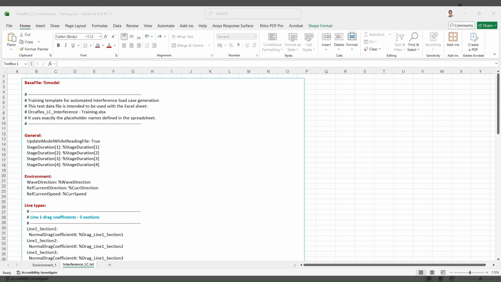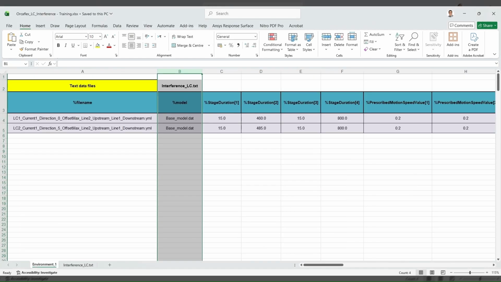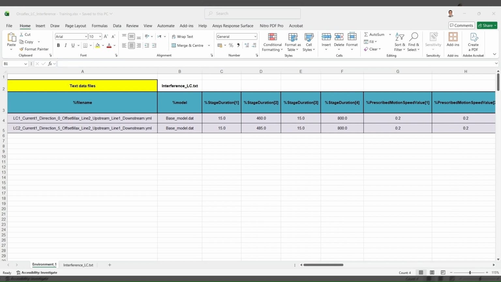In this example, the base model is referenced to the model placeholder, which is replaced by base model.dat from the Excel spreadsheet.